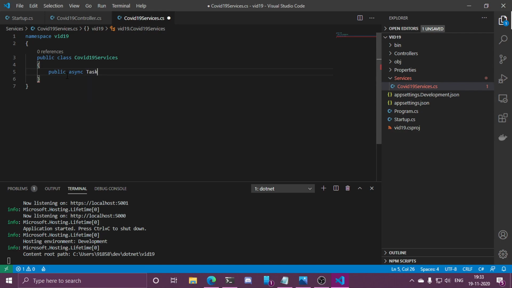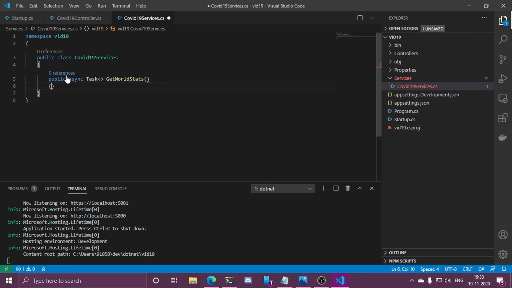Okay, then we are going to create a return type, and the return type for this function is going to be a task. So if there is a long running process, it has to have the return type of task, and inside this task we have to provide the data model of the actual data it is going to return. So we are also going to create a data model for it. Okay, and then the name world stats.